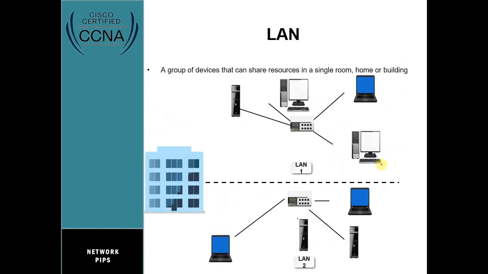So we have different types of network. When it comes to networking, we have LAN, which is local area network. This is the type of network that you see within a building, or your room, or even your home. So these comprise maybe your router, your switches, your PCs, just a small building, your home, your room. These are LAN types of networks.